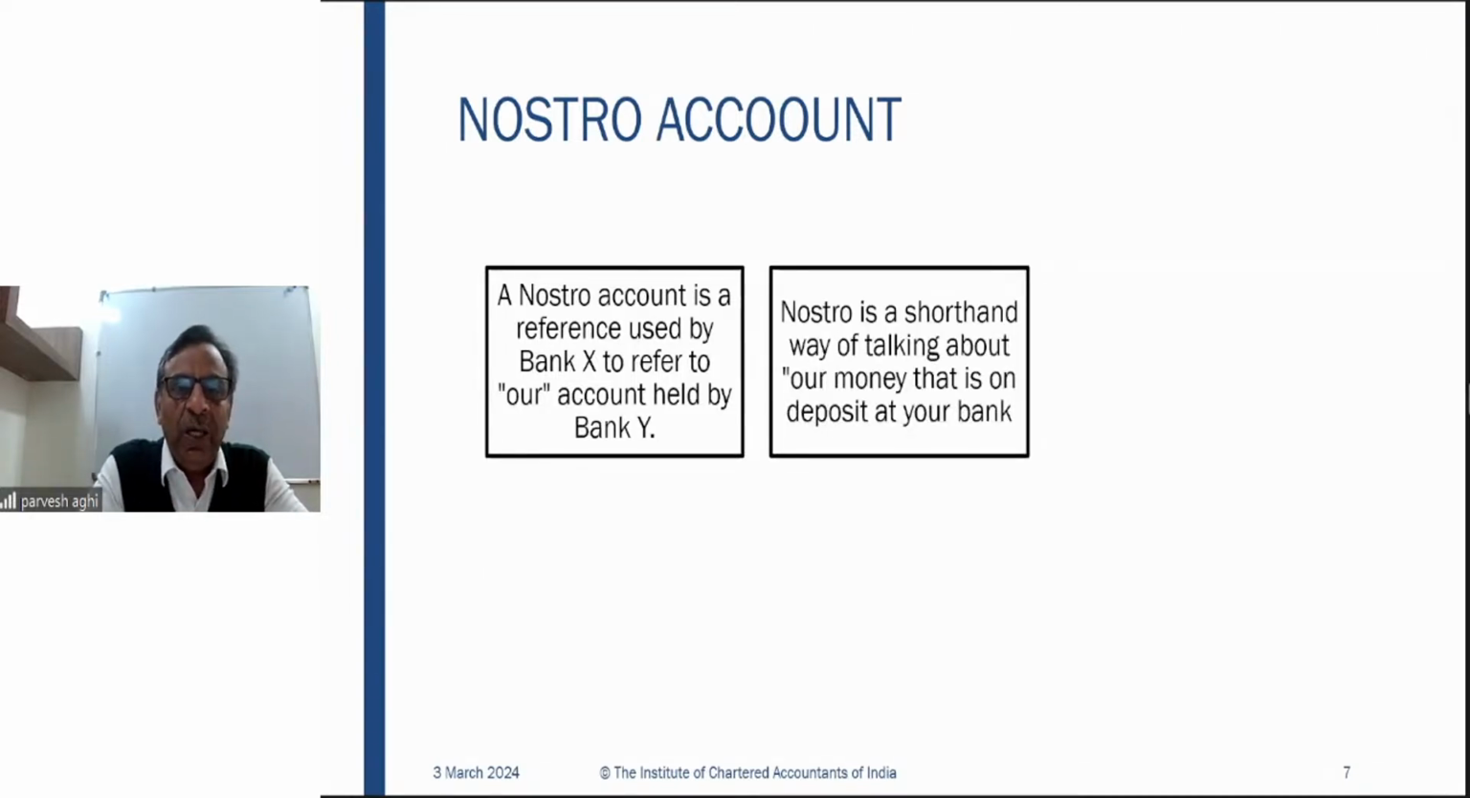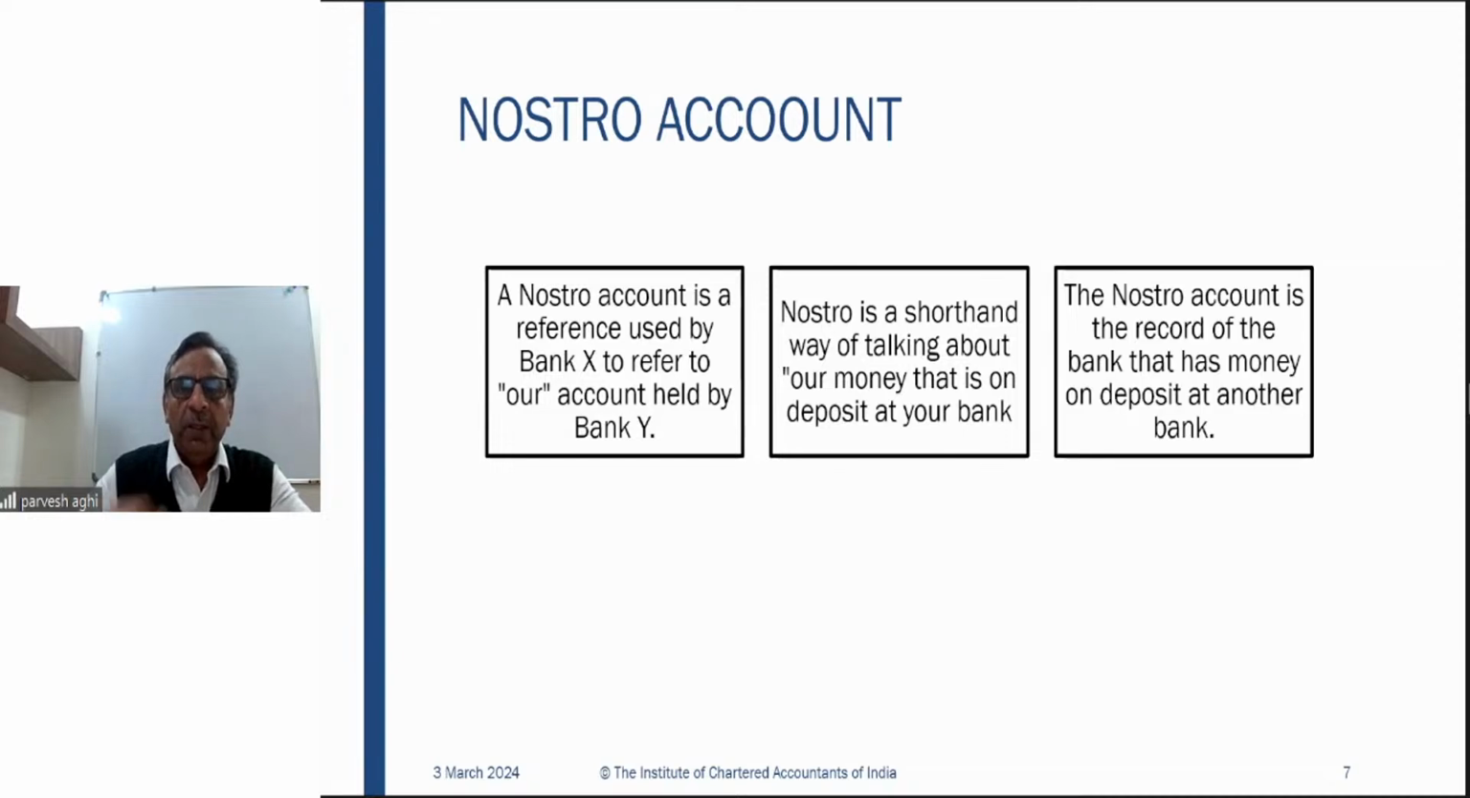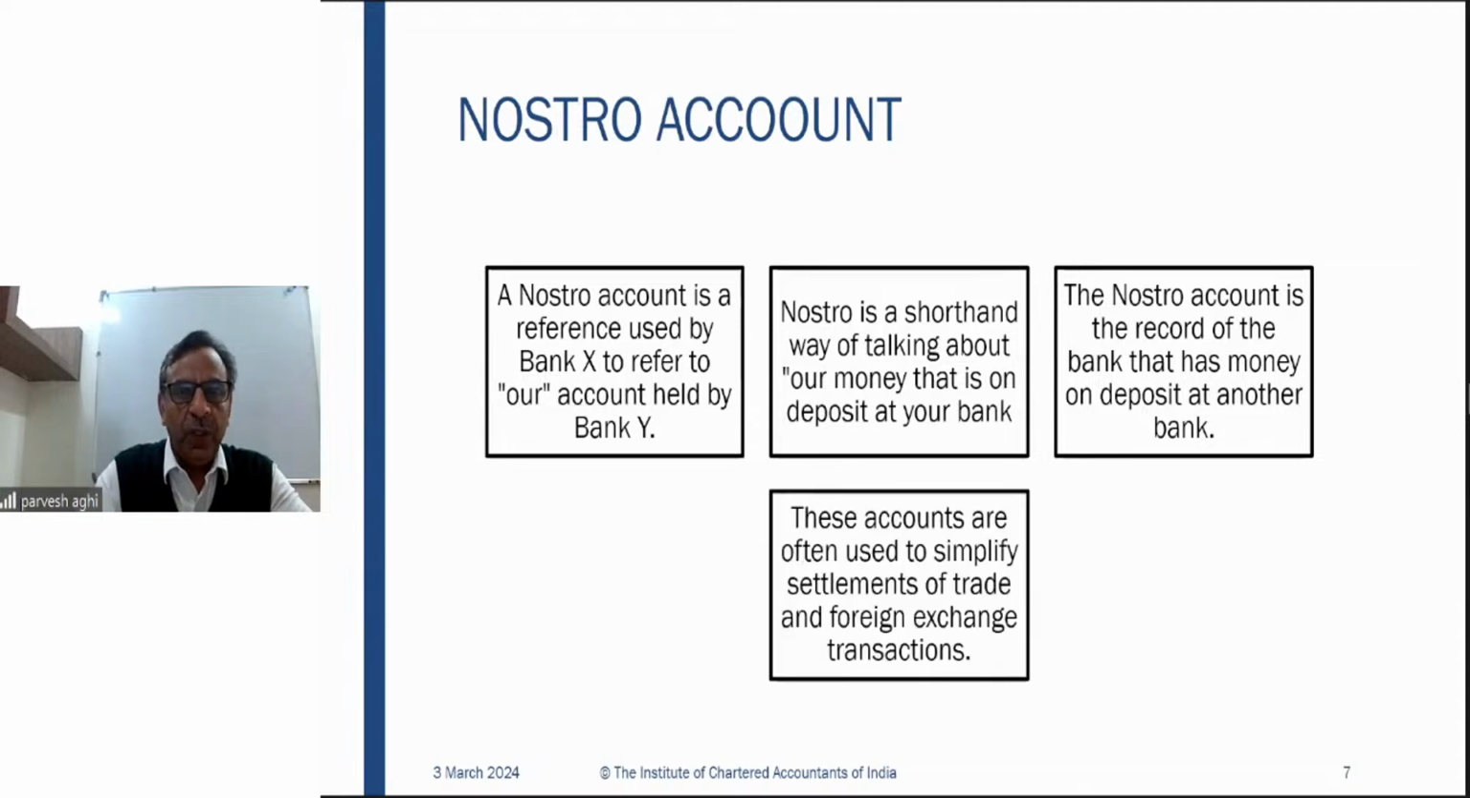Nostro is a shorthand way of talking about our money that is deposited at your bank. So it is our money. That means I have a bank account in some other bank, so it is my money lying in your bank. A nostro account is a record of a bank that has money on deposit at another bank. These accounts are often used to simplify the settlement of trade and foreign exchange transactions. The purpose is basically facilitating foreign exchange transactions